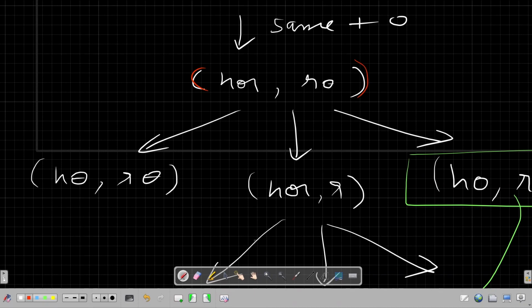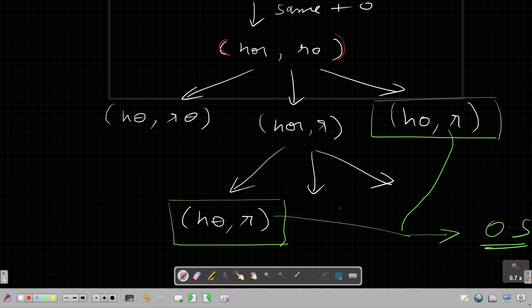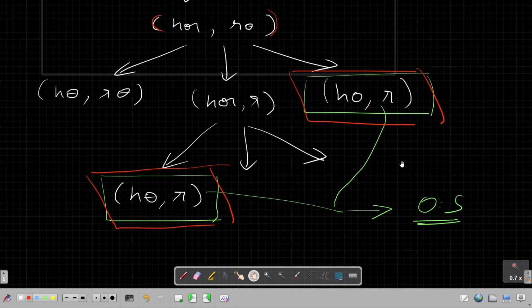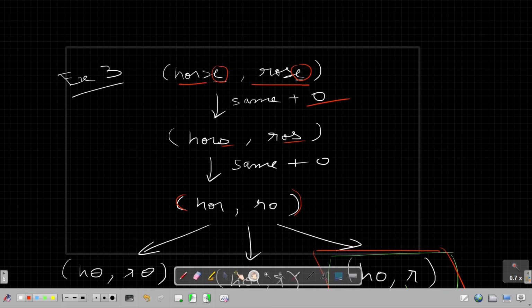Okay, HOR and RO. Now again you can make the recursion tree for this and this. You can complete this recurrence, but the pattern which I want to show is that these two test cases, or these two subtrees, are repeating, right? From two different branches we are getting the same strings. So what I want to emphasize is there is an overlapping subproblem in this problem statement. So this problem statement for sure has overlapping subproblems. So let's move forward.